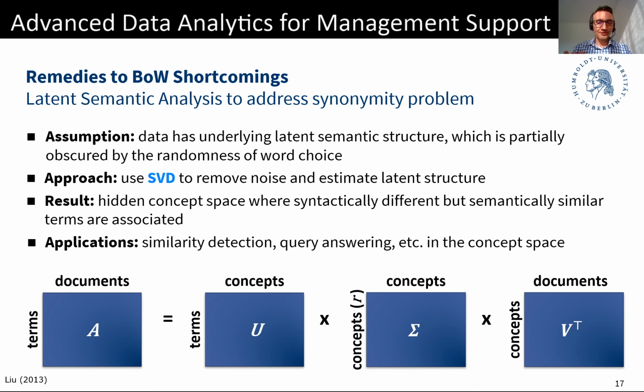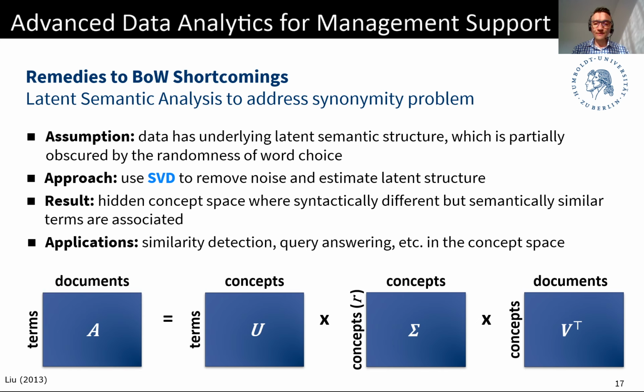So synonyms are a problem, and LSA tries to address this problem. The approach is built on matrix factorization. So you take the document term matrix and you factorize it. And you see this equation here. You are probably well familiar with the concept of singular value decomposition, which is a popular approach toward matrix factorization. We split up our big document term matrix into two, well, or three smaller matrices,